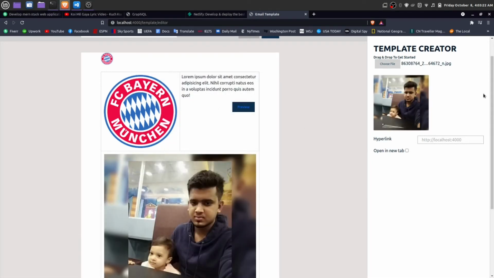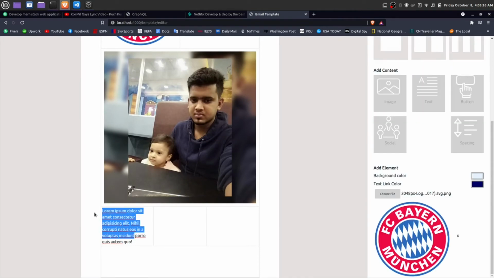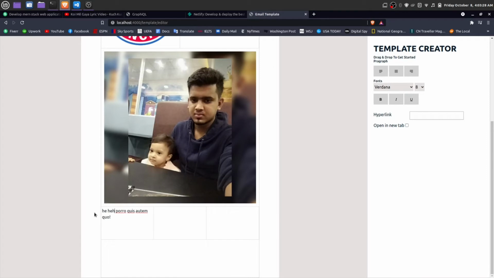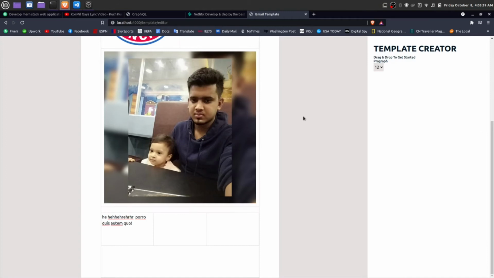and you can change those text as well. And you also have an option for adding space. You also have an option for adding as many spaces as you want.